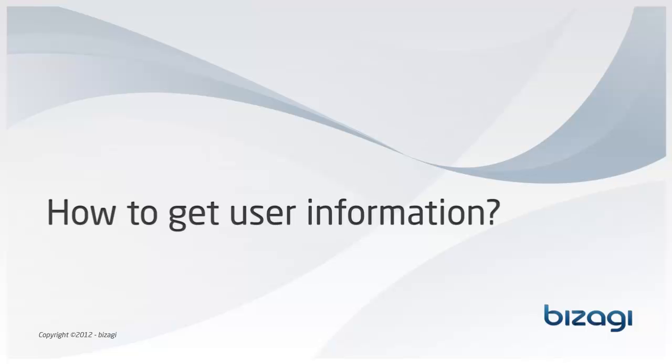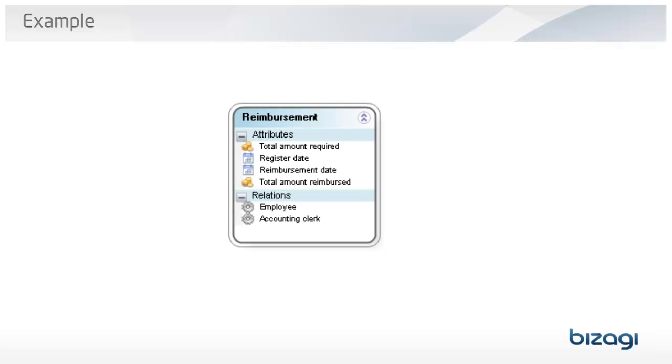In this video tutorial you will learn how to get information on the users related to one case. We will use the following example as an illustration. A company has a reimbursement process to refund expenses to an employee. As the employee submits their own expense report, he or she will be the case creator. This case creator information is associated with the WF user system entity, in which all registered users' information is held